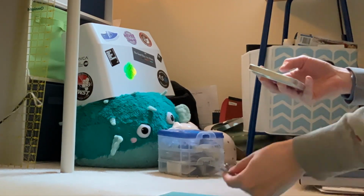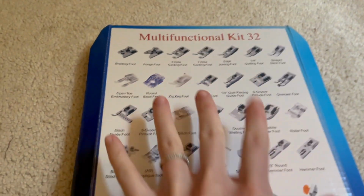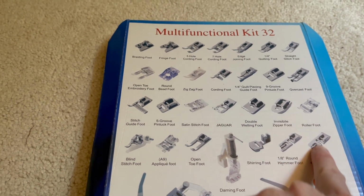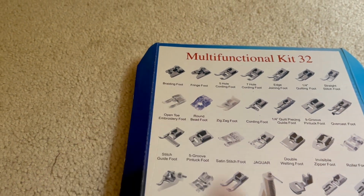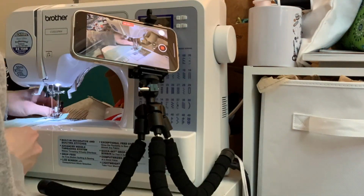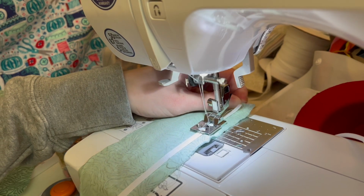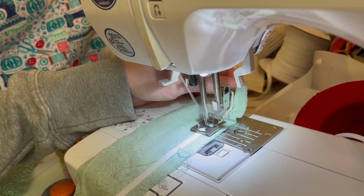So you can see here that I'm working on a new presser foot video as well as a couple shorts about zippers that have actually already come out. So this is what that looks like when you start to see how me filming will then look. So here's how it also looks set up at my sewing machine, which I think is really funny to look back on. So I will set my phone up, that way you are able to see the different angles,